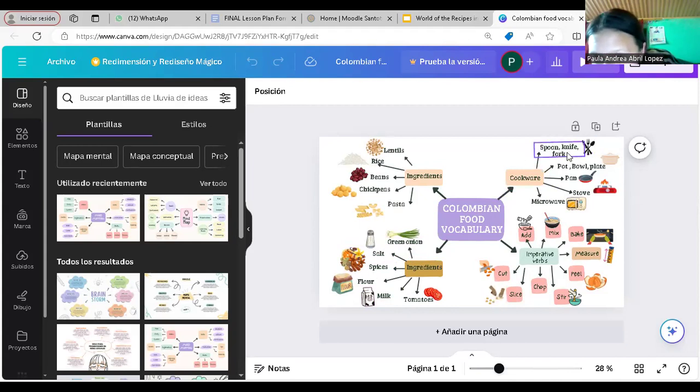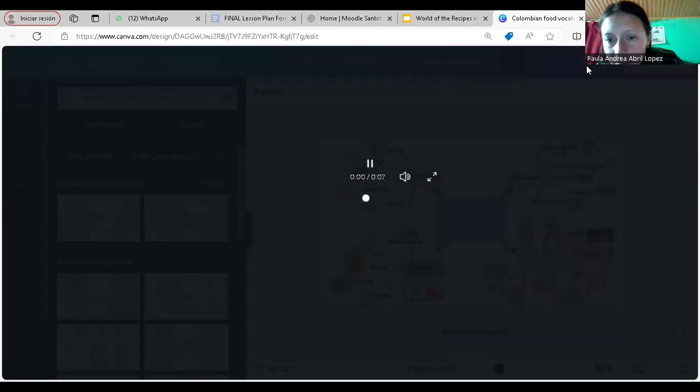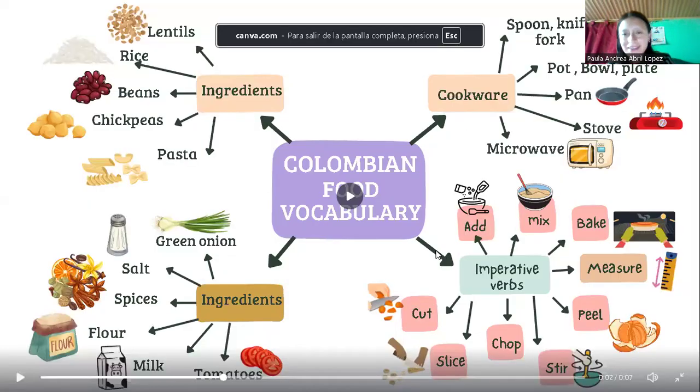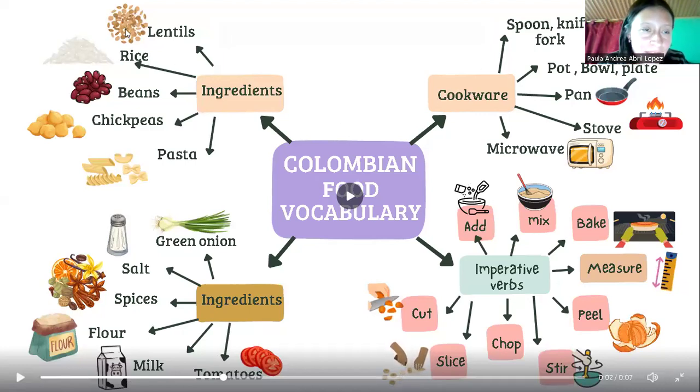And in cookware vocabulary or kitchen utensil vocabulary, you can find a spoon, a knife, or fork that are related with this image that represents all those utensils. Pot is represented by this image. Sorry, I'm going to maximize my screen. So here you can find the images that are related with these ingredients. And for your cookware, you can find this covered, a spoon, a fork, and knife. And this is a pot that is commonly used for preparing a recipe, and a bowl, and a plate, and obviously you need a stove if you want to cook,